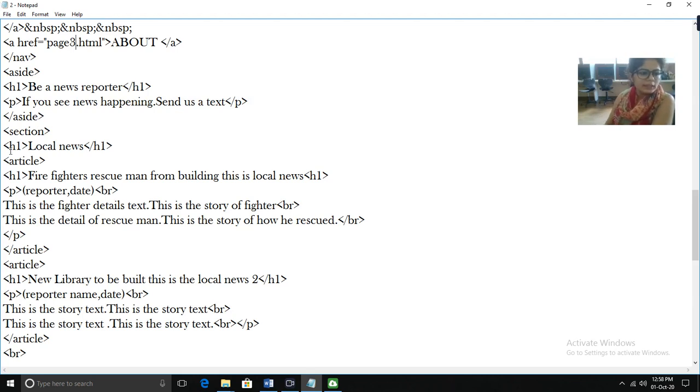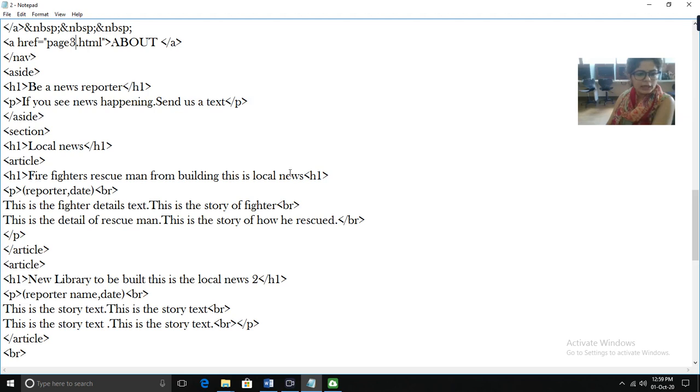So inside the section tag you have to open the article tag. So this is the opening of the article tag, and this is the text that you have to write inside the article tag. So inside the article tag I have used H1 as heading, Firefighters Rescue Man from Building. This is local news, and this is whatever you want to write.